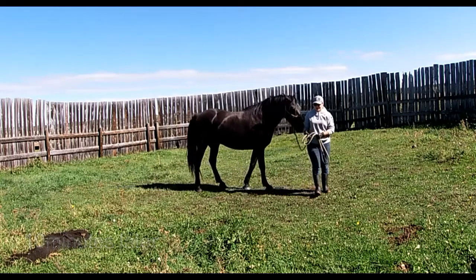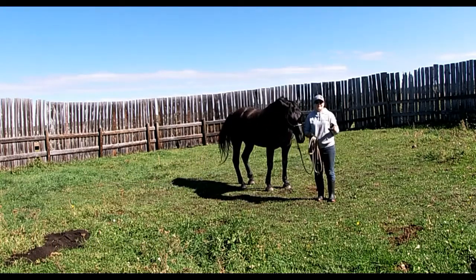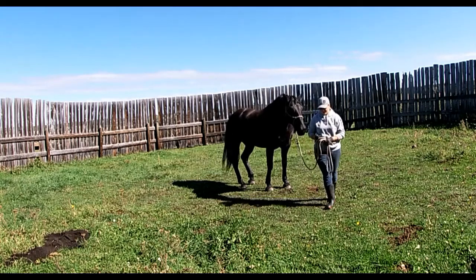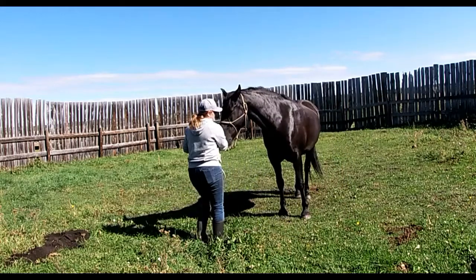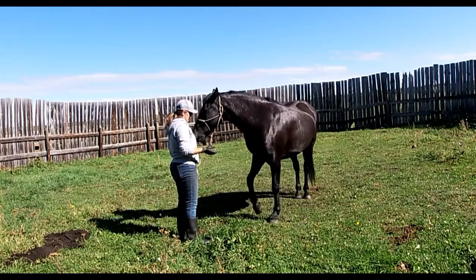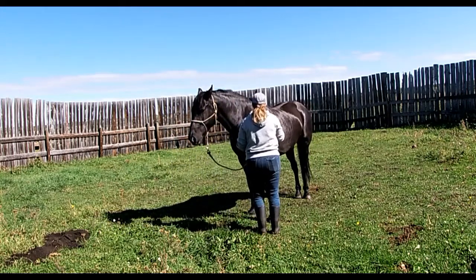So once you can successfully throw the rope around on their back and their body, as if it was kind of like the same exercises as the stick and string, which you should have done before this particular exercise, you can then work on the girth rope. So I'm just going to get them to turn sideways here so I can show you guys what that means. So basically, the girth rope is to introduce the pressure around their middle where the saddle is going to be cinched up,